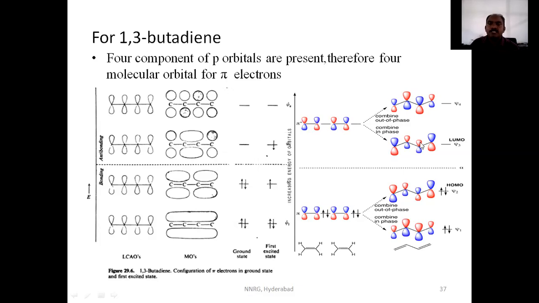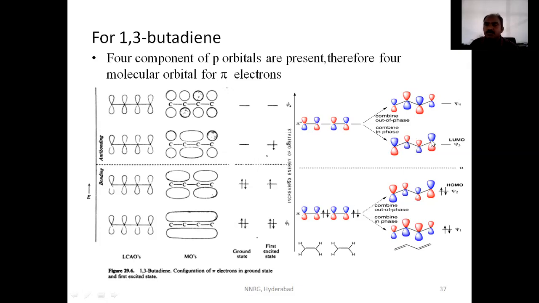When you come to the third one, the p orbitals are not in similar fashion. The same phases are not in the similar fashion. They are alternatively present. When they are alternatively present, there is a chance of combination when these two are having similar phases. When these two are having similar phases, there is a chance of formation of bond between these, overlapping between these